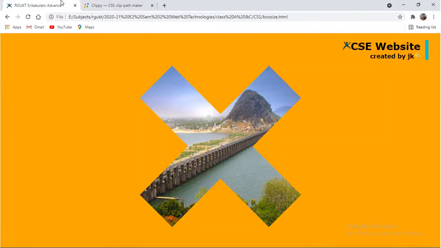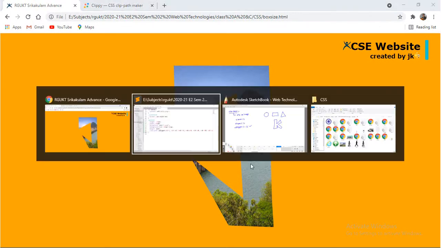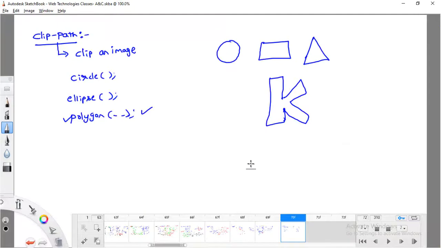You can observe now it will be converted in the form of a J. Like this, we can use the clip-path property to make various kinds of shapes. I hope you understood clearly. Thank you.